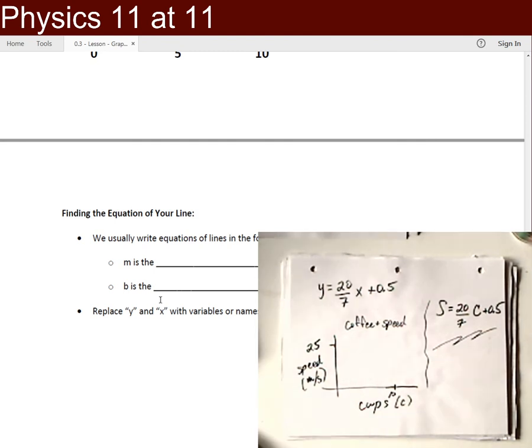Okay, so I hope you found that useful, informative. Please follow these steps when creating the graphs and doing the calculations for lines with your work. And in doing so, you'll have a